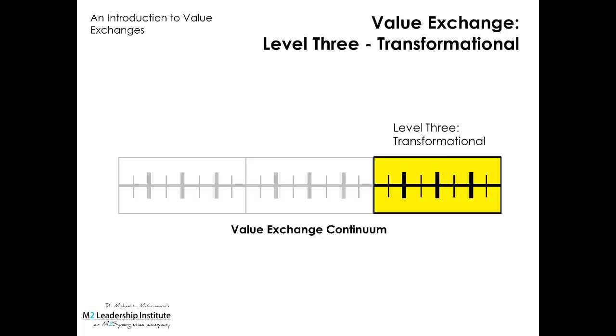Level 3, or transformational, takes the Level 2 item or service and completely changes or modifies it to be an entirely different thing. This new thing is much better than the previous iteration, but transformation tends to be expensive, so the price point can be steep. At the same time, the resulting product or service is normally dramatically better and in an entirely different category than the previous product or service.